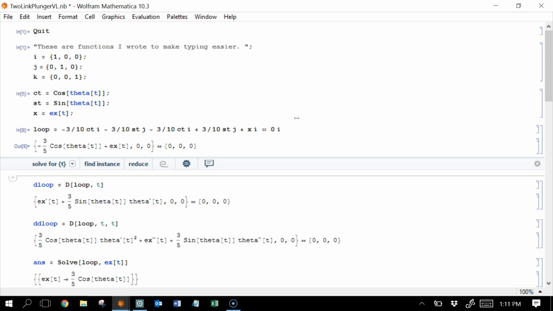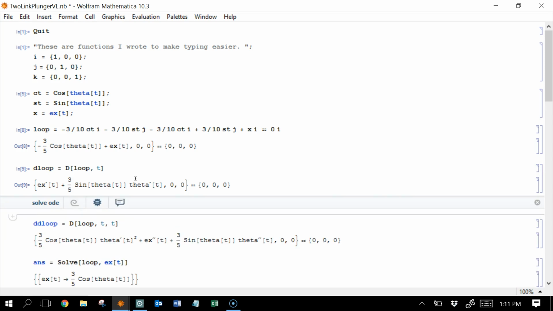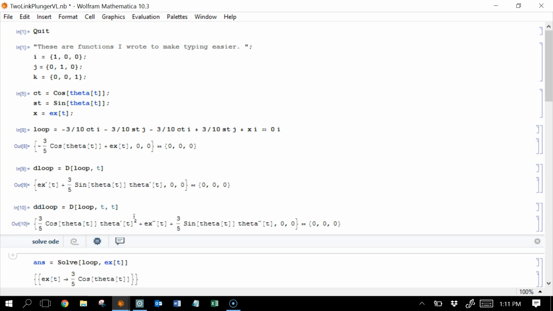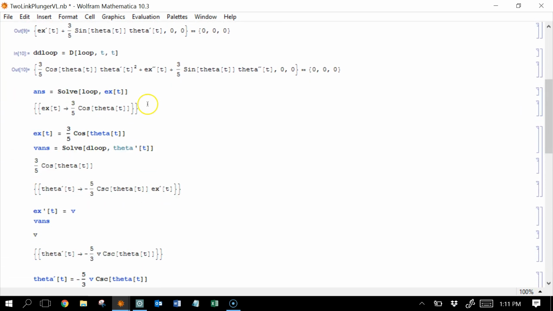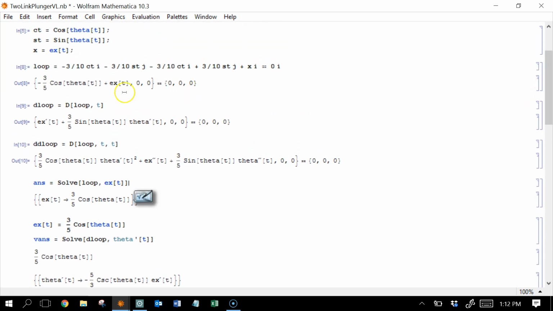Anyway, what you can then do is take a derivative of that. So you take a derivative, and we'll call that the d loop. This is how you take the second derivative, and it does it fairly easily. And now all I'm going to do is solve this thing. So I'm going to first of all solve my loop equation, and the only variable in the loop equation, if you notice right up here, the only variables are